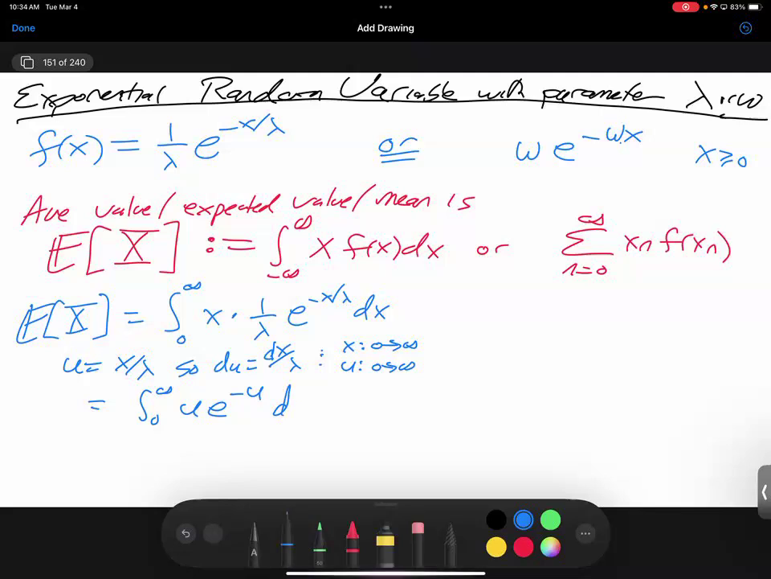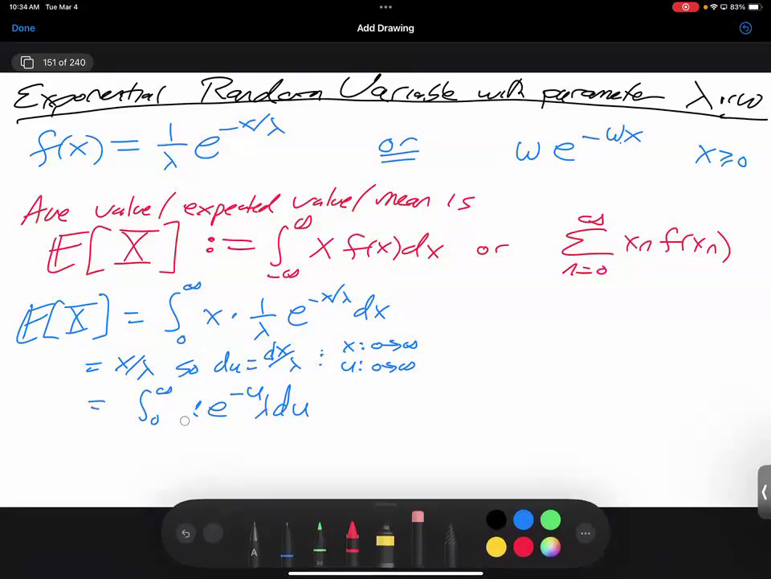So dx is lambda du. So I have to integrate u e to the minus u. How do we integrate u e to the minus u? Yeah, and so if we're going to do integration by parts, I probably don't want to use u as my